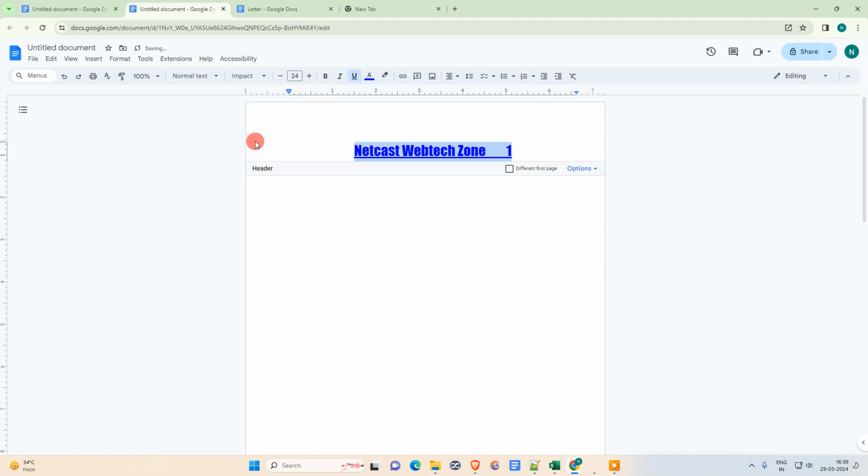So now the title and page number are in the center. But if you want to take this page number to your right side, you can easily do it. What you need to do,